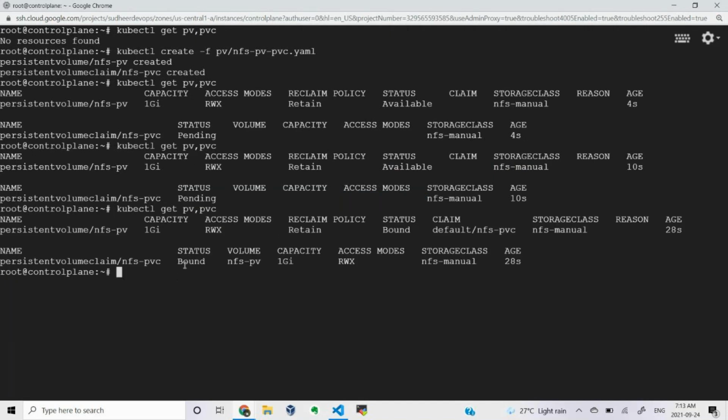Okay, so that is called attach. That attachment is called bound. Bound in the sense this PVC was attached to this particular PV. Okay, done. It is one-to-one mapping. It is not one to many or many to one. Okay, that point you have to always remember. Okay, now this is done.